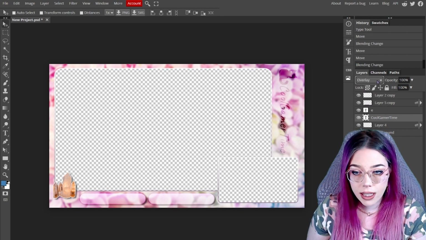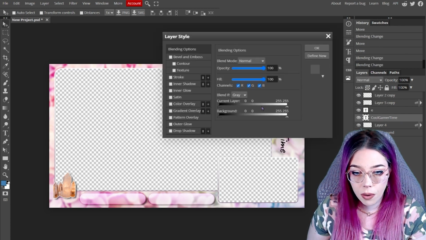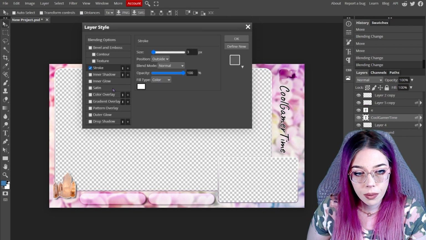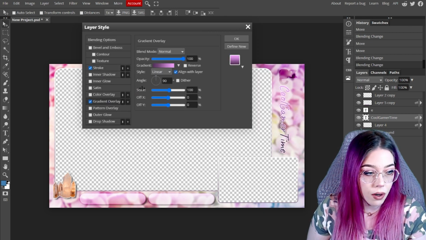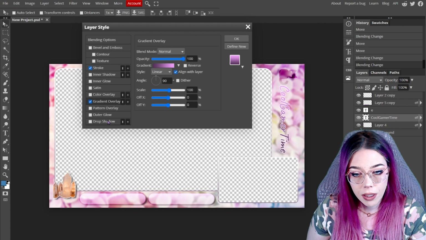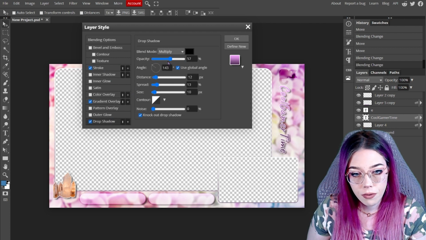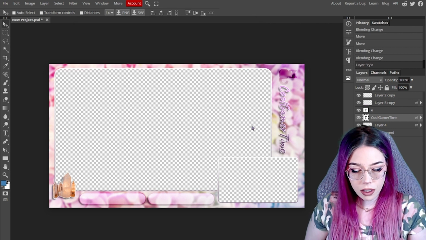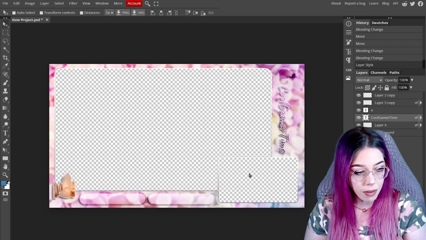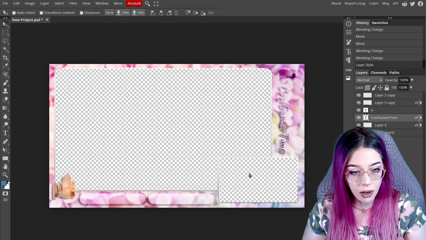It's impossible to see there, so I might just keep this on normal, come in, add a stroke to it, maybe a gradient overlay. The gradient overlay looks pretty nice, and maybe a little drop shadow since we've been so fond of drop shadows so far. And we'll click OK. So we have our username on this, we have our webcam cut out, our gameplay cut